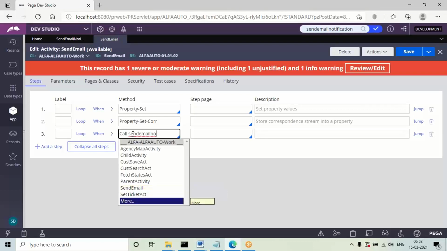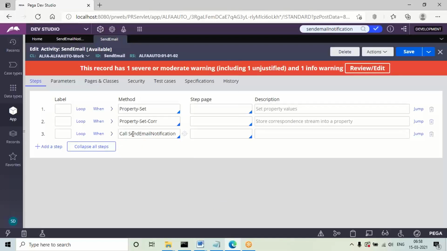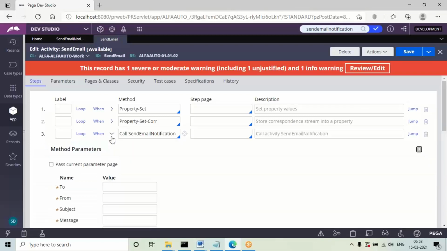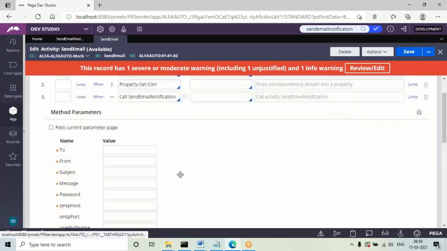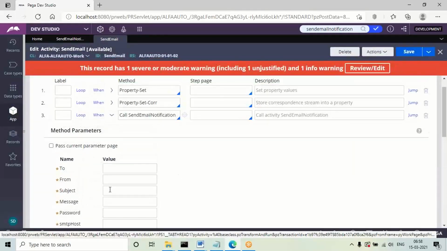Click on the down arrow, go to more. In this scenario, the parameters we assigned in the last two steps will be there in this API. Again, no need to fill them. Even though it is showing mandatory, in the previous two methods we already defined all the required parameters. So what we have to do is pass current parameter page.